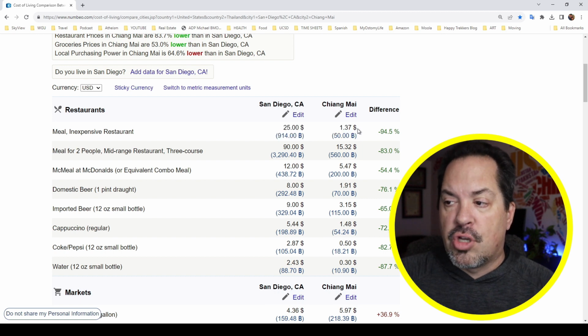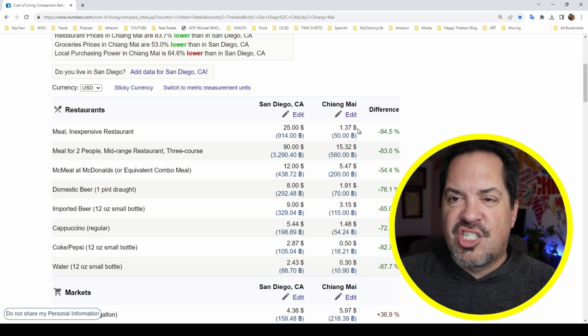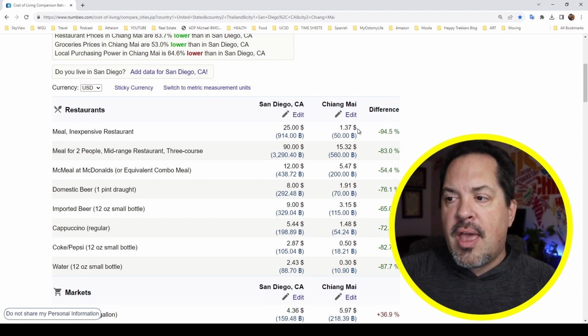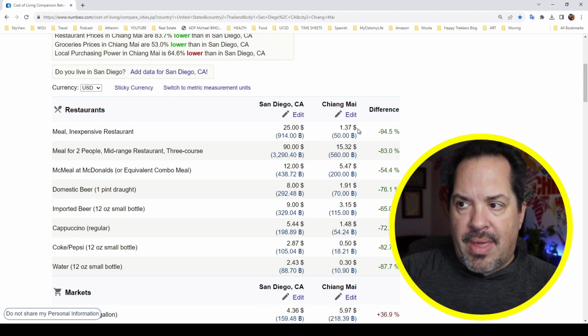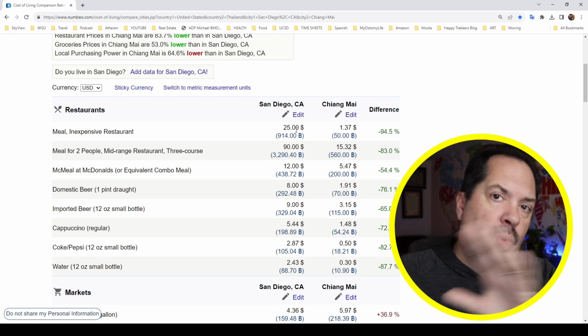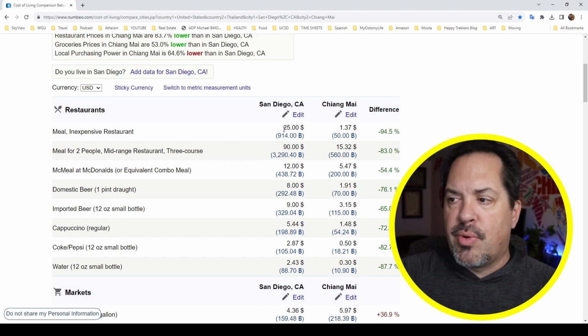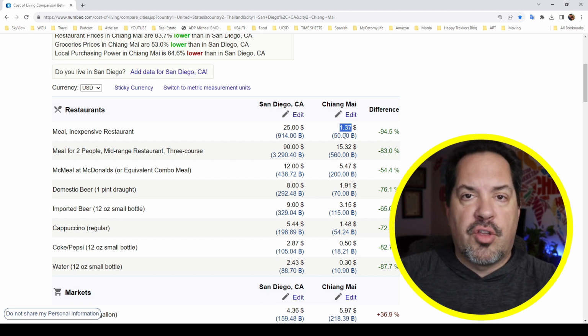It's dramatic by itself, but it's more dramatic when you compare this. And I think this is also pretty accurate. If I go to a regular restaurant, which tonight I'm going to go play trivia, I'm going to get probably a beer and some chicken wings, and that's going to cost me probably $30, give or take. It's a $30 meal when it's all said and done. So they have 25 here. Yeah, that's totally reasonable. It could even be a little low. That same meal over there, $1.37.